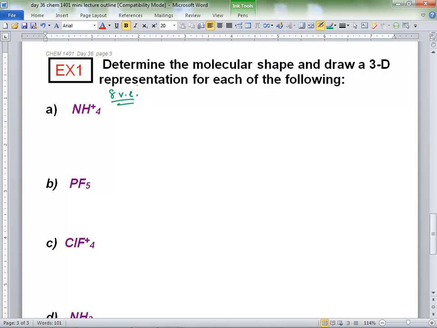I think everyone's pretty much got it already. There aren't any lone pairs, so my total is 4. So you draw your nice tetrahedral shape